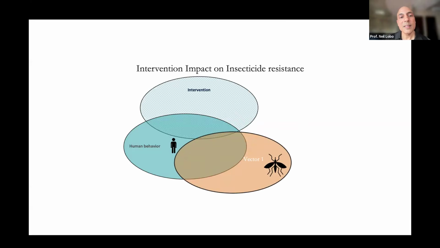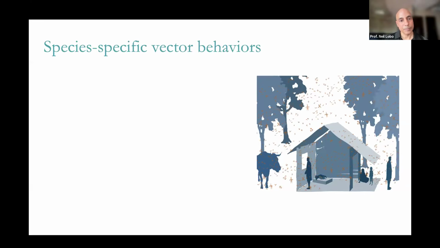So the three things that might happen with an intervention are a change in species composition, a change in mosquito behaviors, as well as the rise and spread of insecticide resistance. And to me, these three things are so important to monitor over time with any intervention. And most of the time, countries are already doing this. They just don't look at it with this sort of perspective. And we will go over this in later slides.